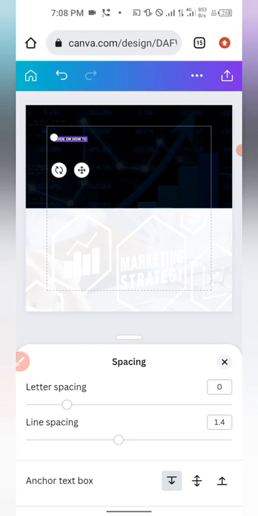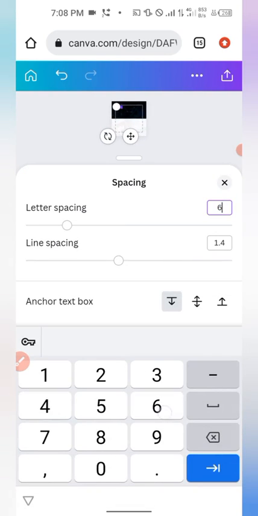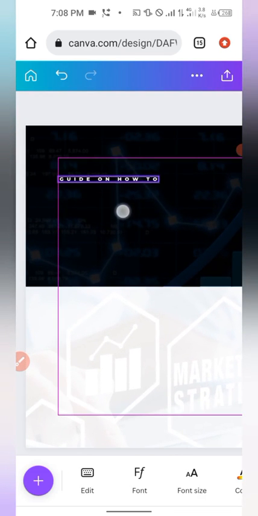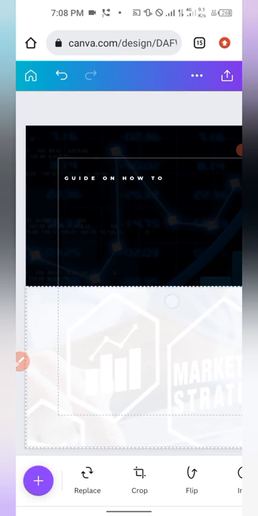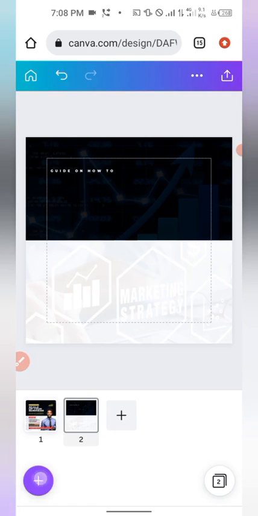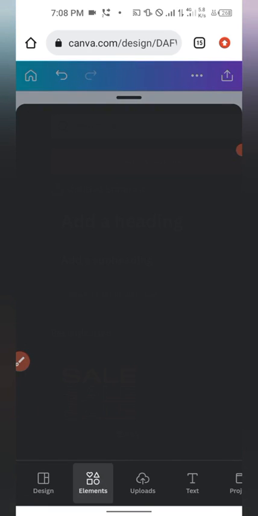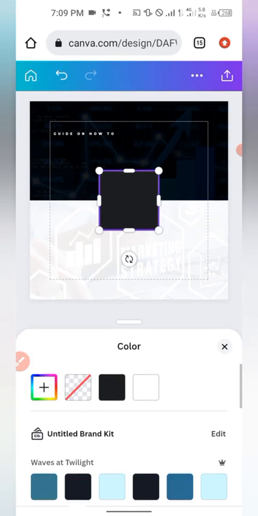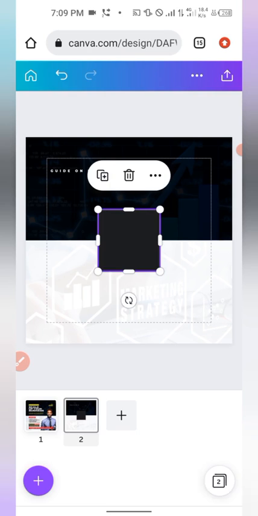Click on the letter spacing and write 660. Yes, that is what I need for that. And then place it on this place also. Okay, and now what next for you is to head over to the plus button, head over to elements, and then take this particular square shape, come to color, click on it, and then come